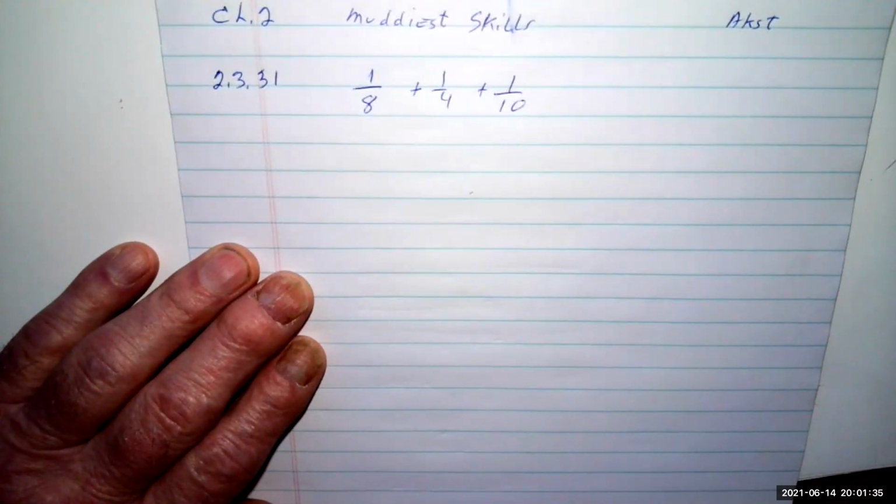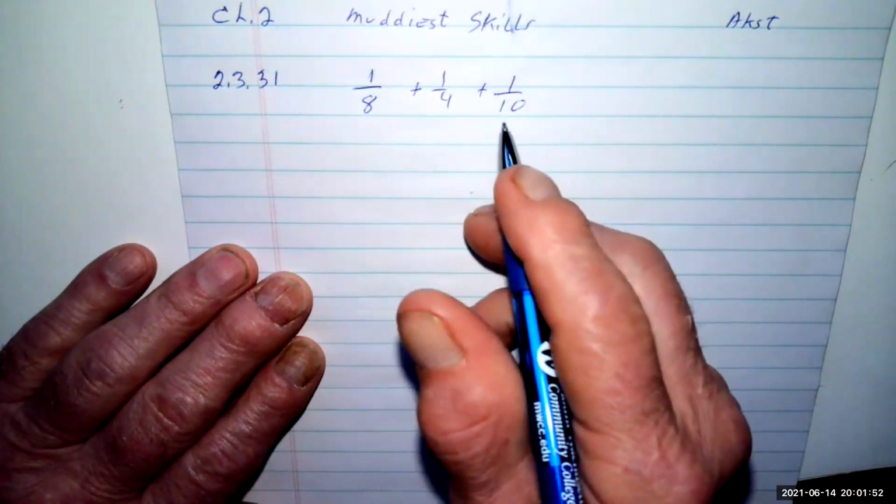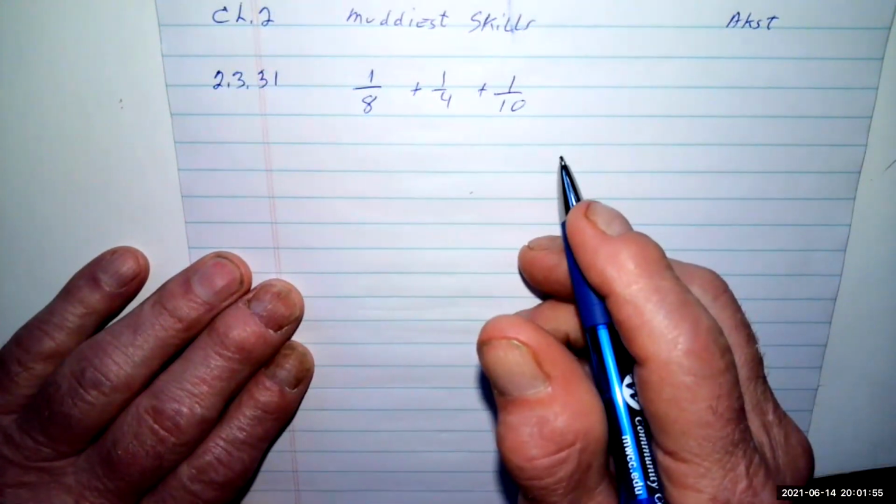Here we're asked to add three fractions, 1/8, 1/4, and 1/10. To add fractions, we need like denominators. So in this case, we want to find the smallest common denominator that contains all three denominators, 8, 4, and 10. You can sometimes look at the three numbers and figure out what that is, but let's go through a